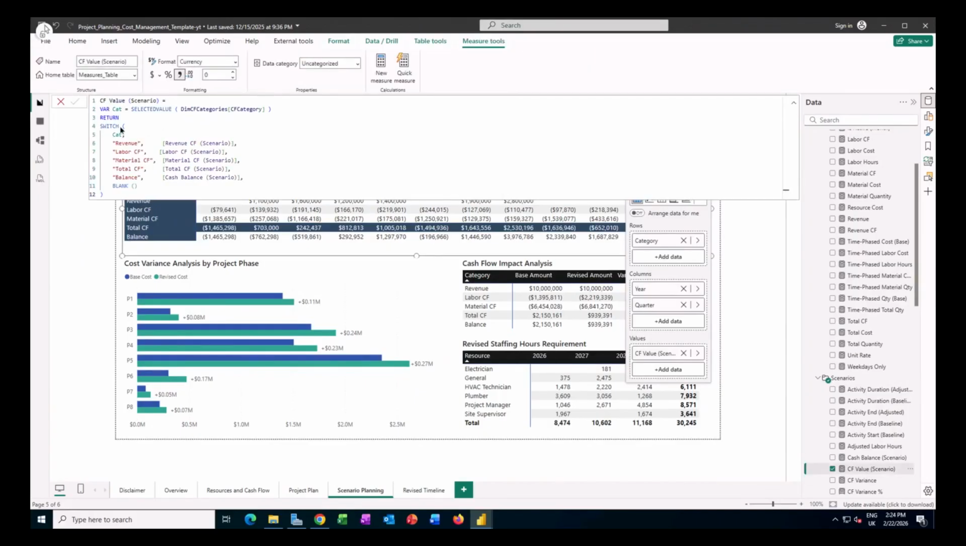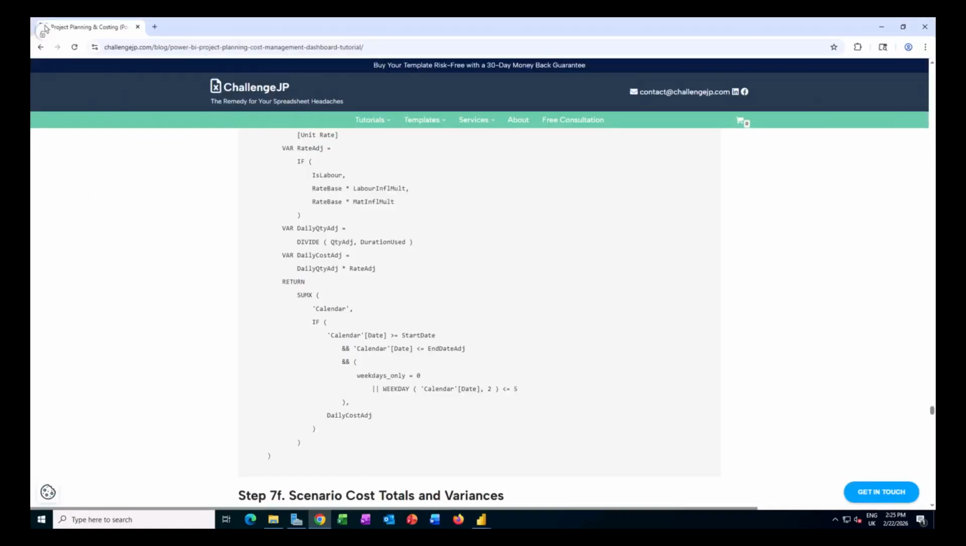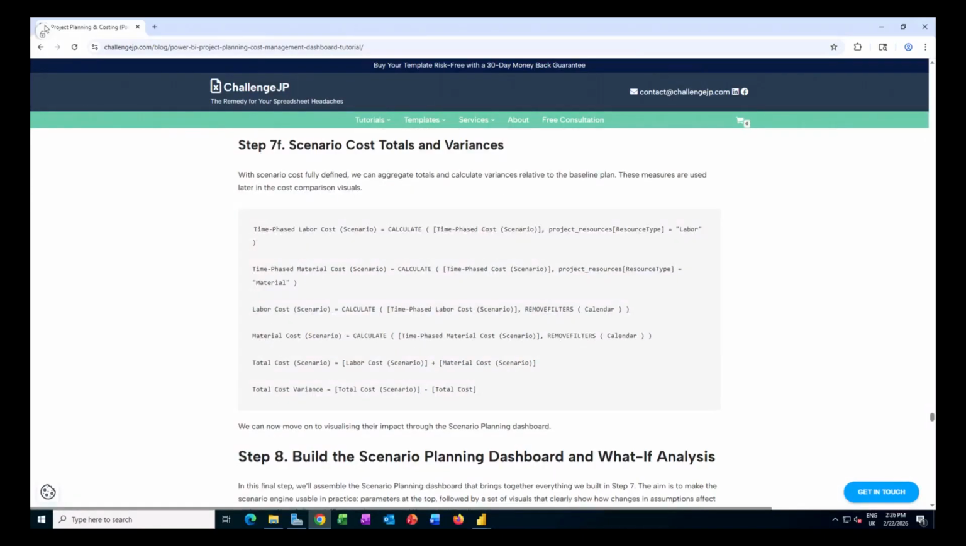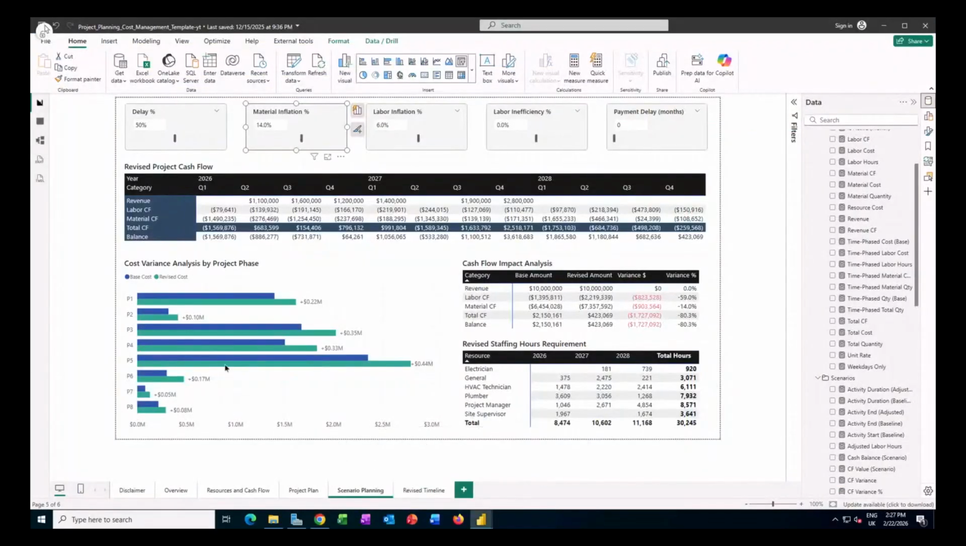So we're still using that switch statement to allocate the appropriate value to a given category displayed here in our rows. Now, with those measures, I can also calculate some new scenario totals, and that effectively allows you to calculate the variances between the base and scenario measures. So if we go back to our dashboard here, you see that I've created a cost variance analysis, and the